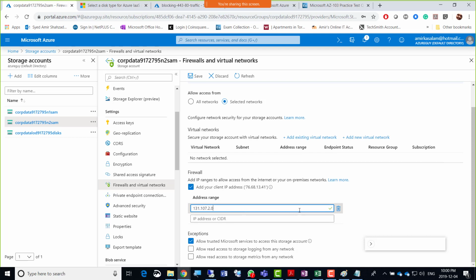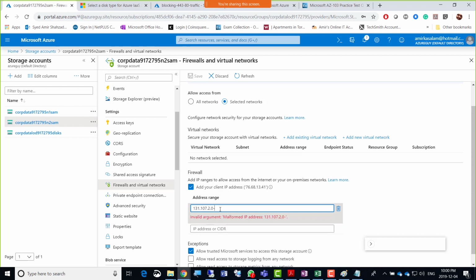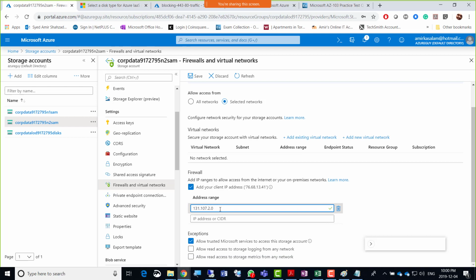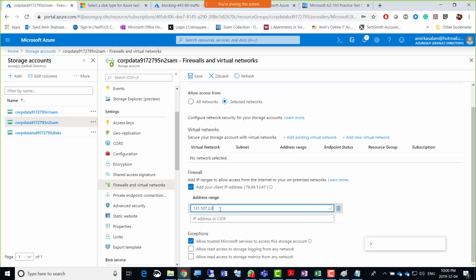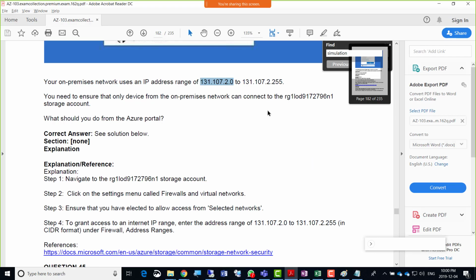So does it go for dash or two? Okay, so invalid argument and dash. So it doesn't go for two, obviously. So 2.0/2.255 here, 131.107. It's the same range, but it's up to that range, right?